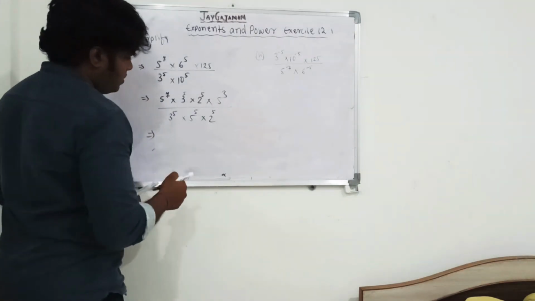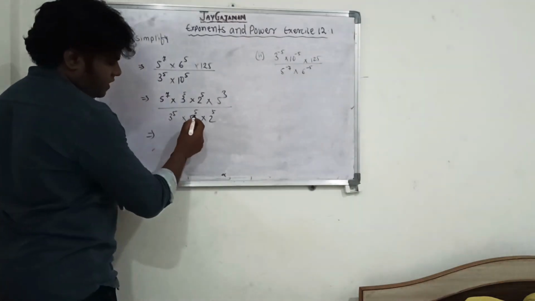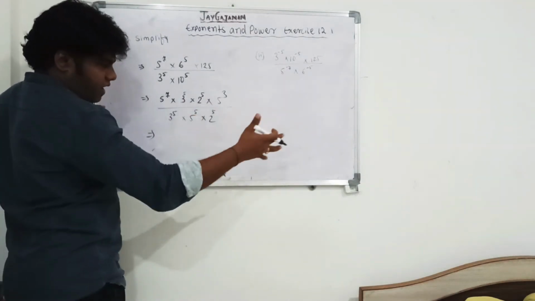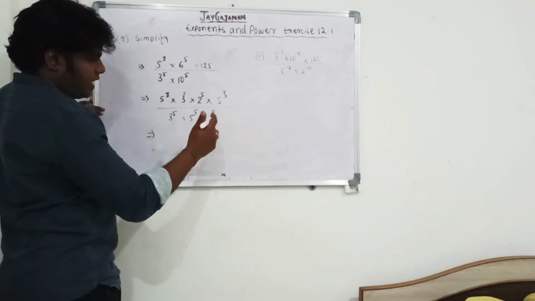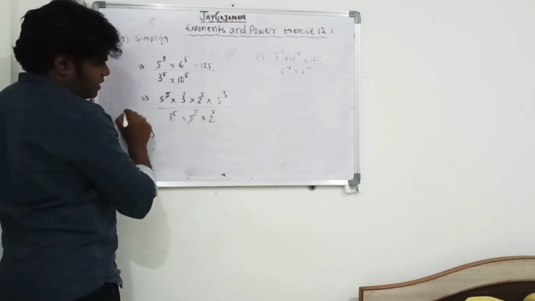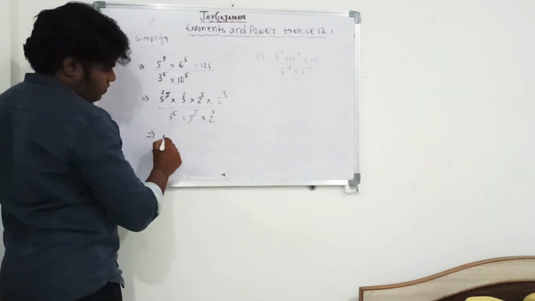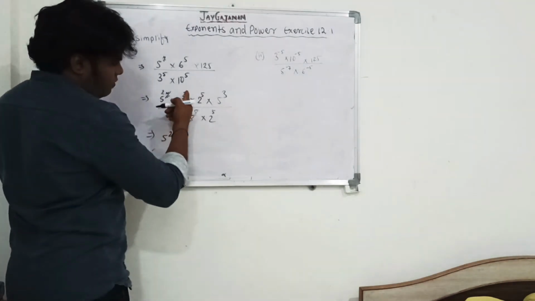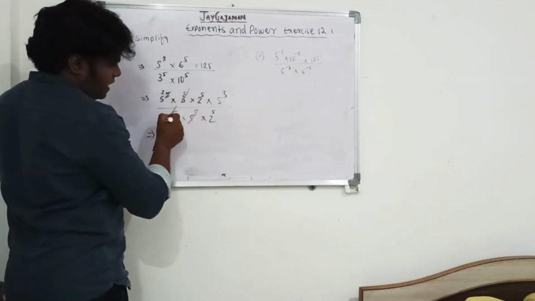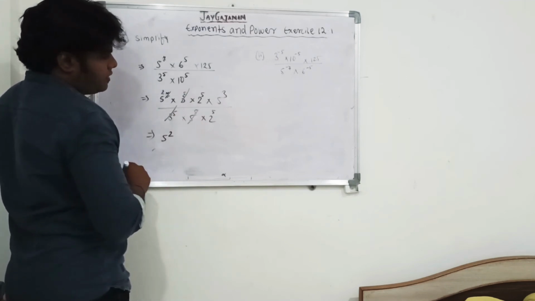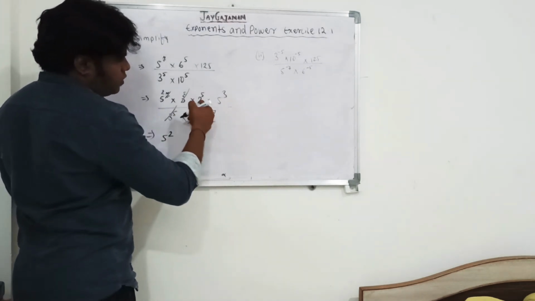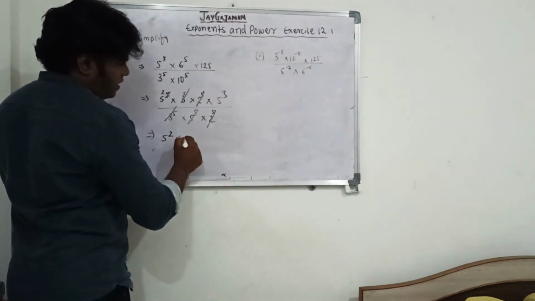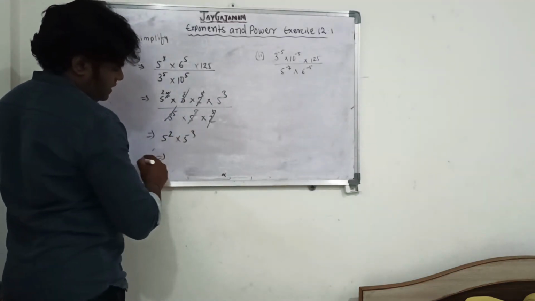So now this is 5 to the power 7, this is 5 to the power 5. You can directly cancel: 5 appears 5 times and 7 times. So I can cut this, I can cut this, and 2 times is left. So 5 to the power 2, correct? Here 3 is 5 times, here 3 is 5 times, so this can cancel directly, correct? This 2, 5 times, and 2, 5 times can be cancelled directly. Now what is left? 5 to the power 3, correct?